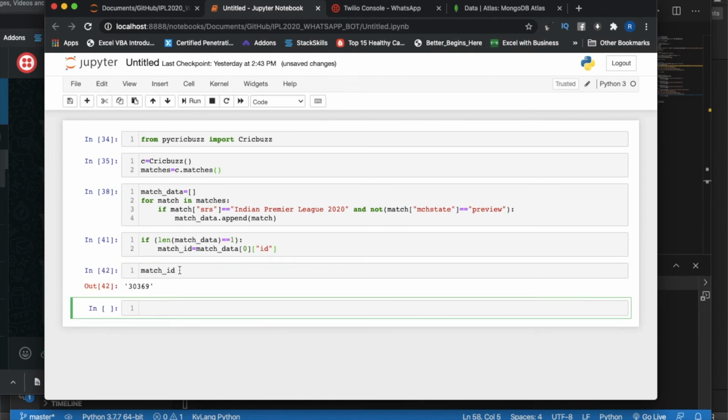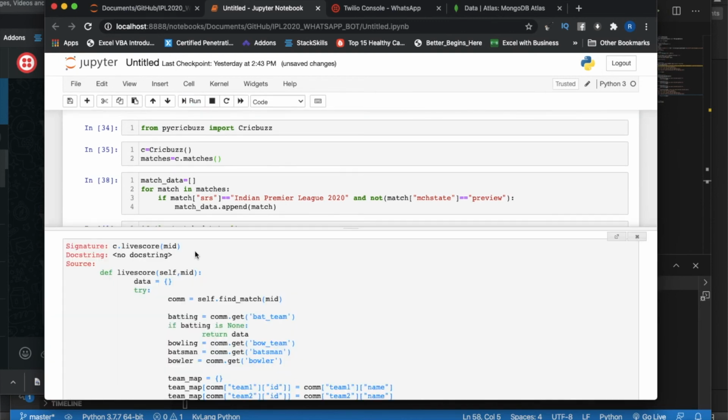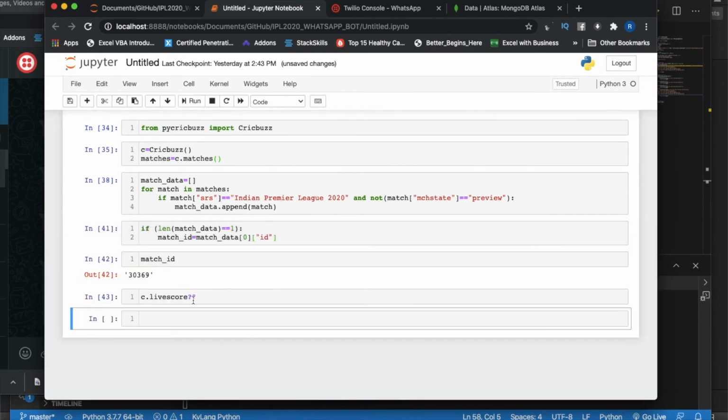If you got the match ID, you can easily get the match information. So it should be c.live_score, and inside that we'll check what is required. Probably the match ID is required. So yeah, it is required: MID. MID means match ID. I did some research with this library, so that is how I know. So it should be the match ID.